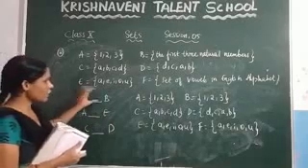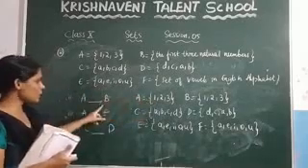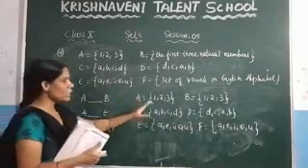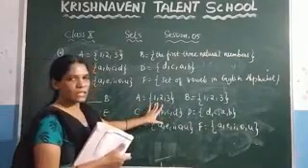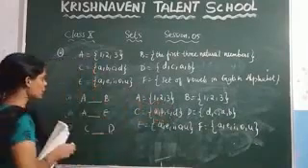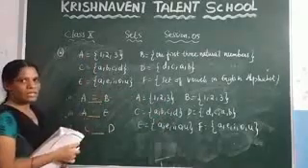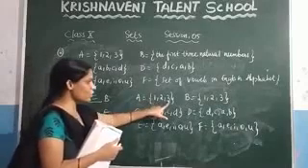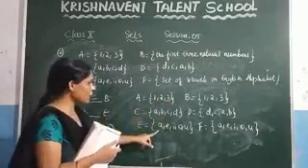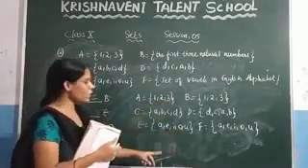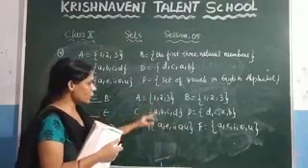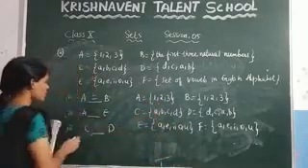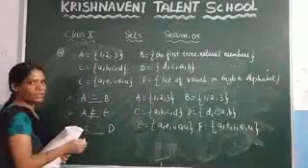Here the set A is 1, 2, 3, and the set B is 1, 2, 3. You know that these 2 sets contain equal elements. You can say that these 2 sets are equal, right? Similarly here A and E. The set A contains 1, 2, 3, and the set E contains A, E, I, O, U. You can observe that no elements in these 2 sets are equal. So we can say that A is not equal to E.